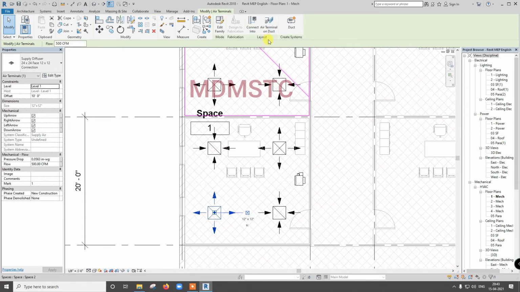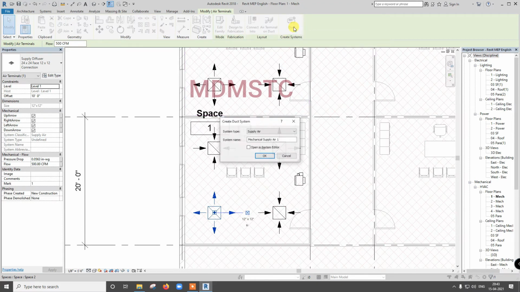Okay, here in the contextual tab, create system, duct system. System name: since what I have to select is a supply air terminal, it says supply air. If I select return, it will say return air. Okay, mechanical supply air system. If you want, we can change the number based on your room number or space number like that. Okay, click